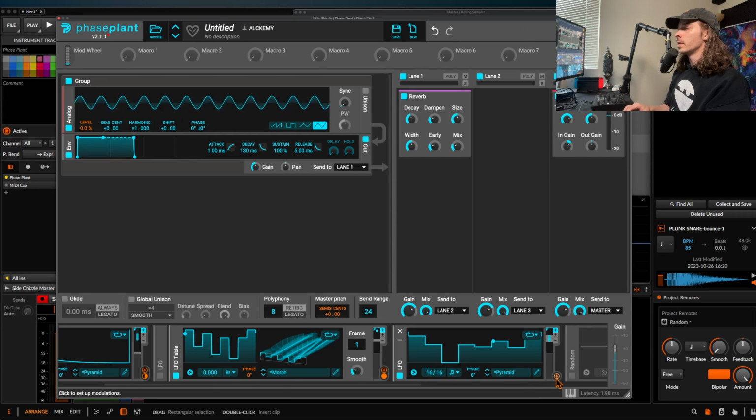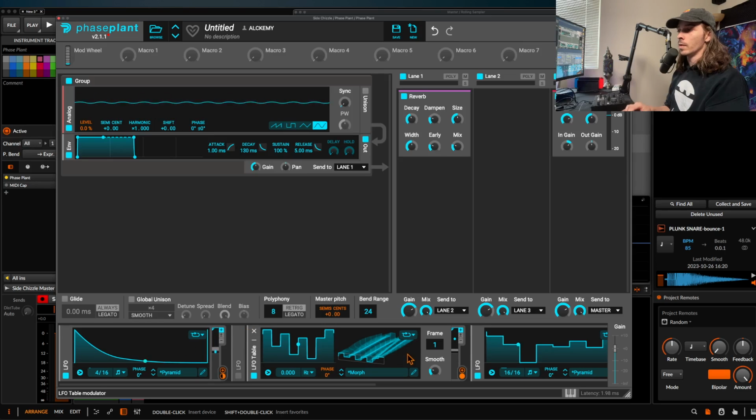And now what we can do is the same thing to where we jump this on the phase. And so as opposed to just having a single melody, we can actually morph this depending on what we play. Let's say we're playing a chord or something, or even just a single note. And now this will jump in between wherever we set this. We can also change the speed of how fast this arpeggiator plays, or how fast this melody plays. So if I were to just hit a C,